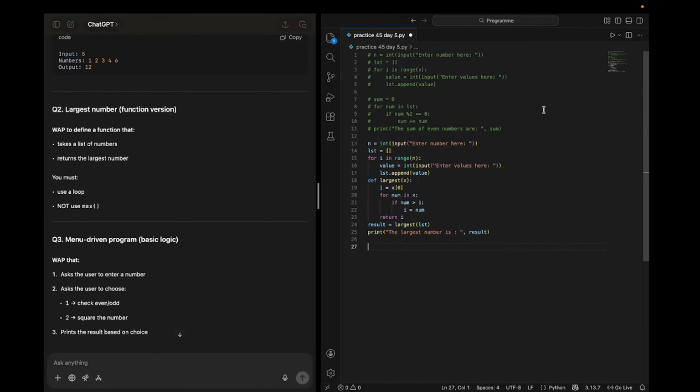So basically we created n, we take the number, we created a list of n numbers, then this appends the value into the list, then we define a function, list